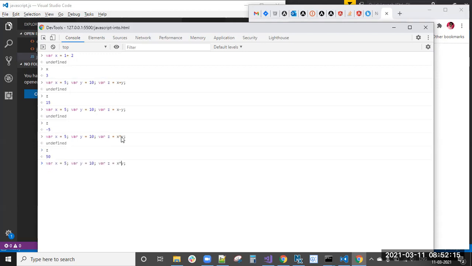If you replace it with division, you will get 0.5, because 5 by 10 means 0.5, which is half only, right? Next. These are the arithmetic operators: plus, minus, multiplication, and x divided by y.